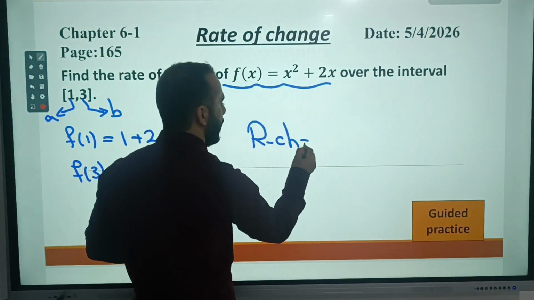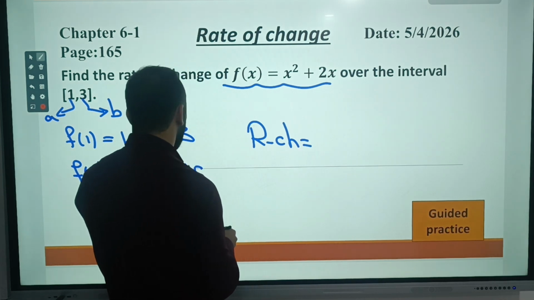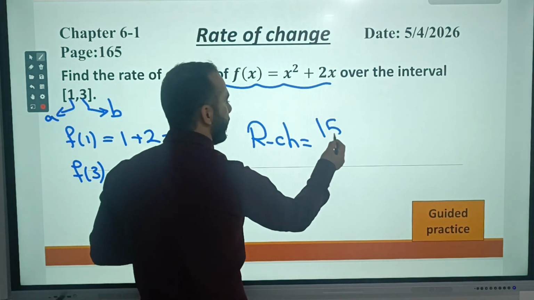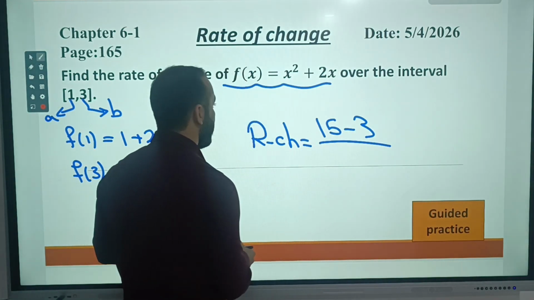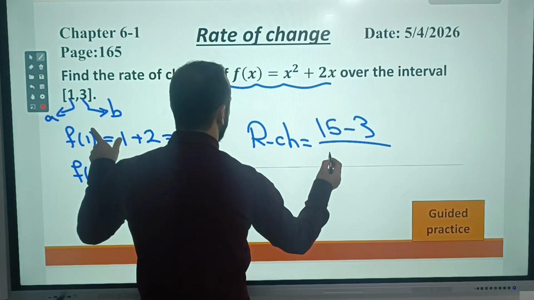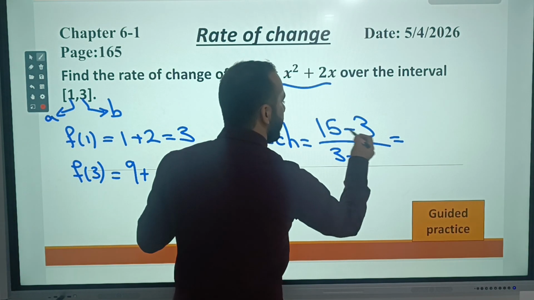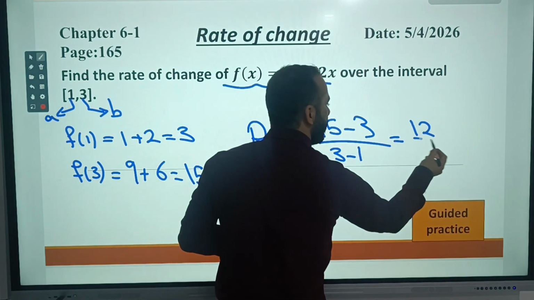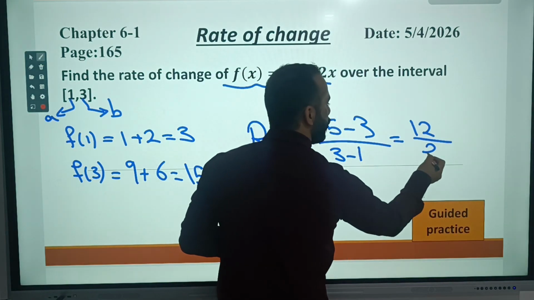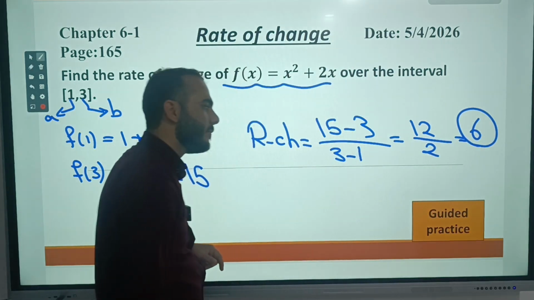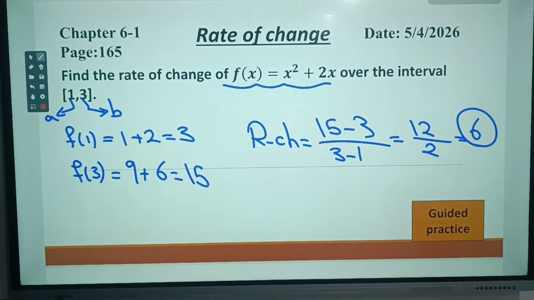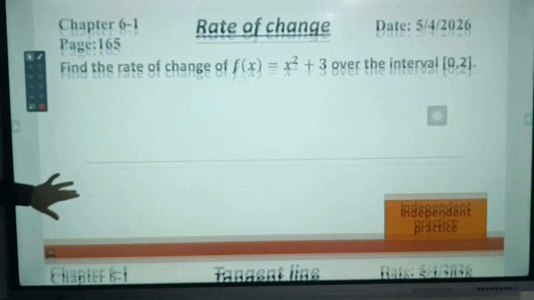rate of change equals f of b, 15, minus f of a, 3, over b minus a, so 3 minus 1. 15 minus 3, 12. 3 minus 1, 2. 12 over 2, 6. So the rate of change of this function over the given interval 1, 3 equals 6. And the last question,